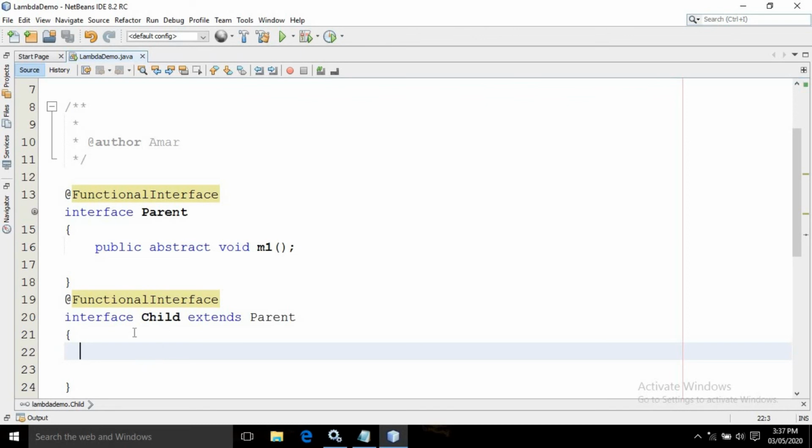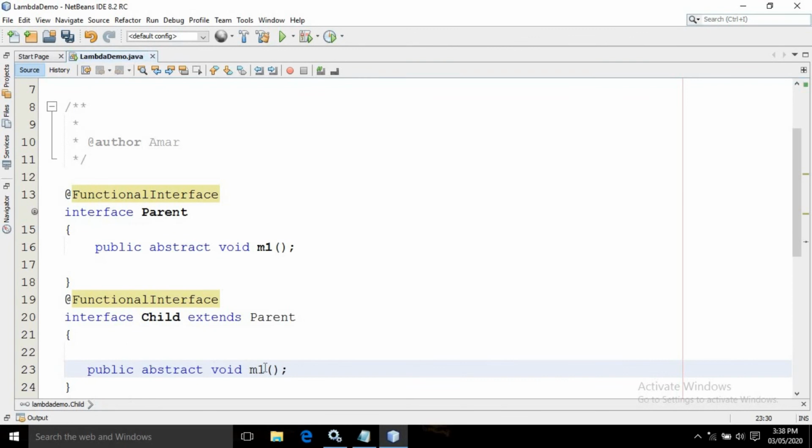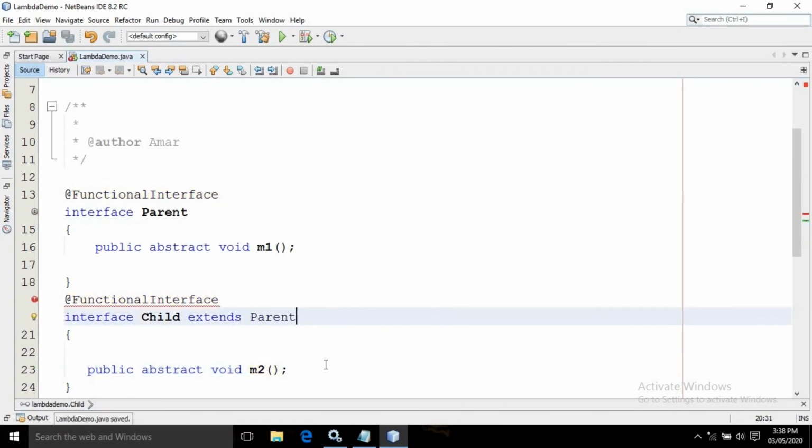But suppose I copy the method and change the function name to m2. Now inside the Child interface there are two abstract methods: one coming from the Parent, that is m1, and one belonging to Child itself, that is m2.